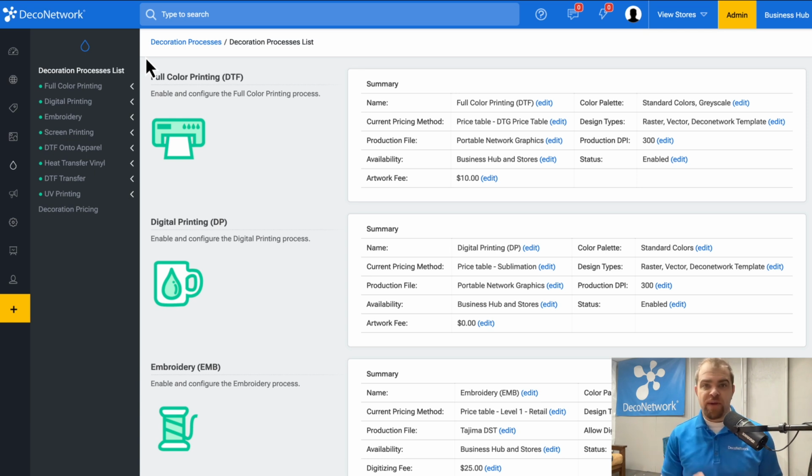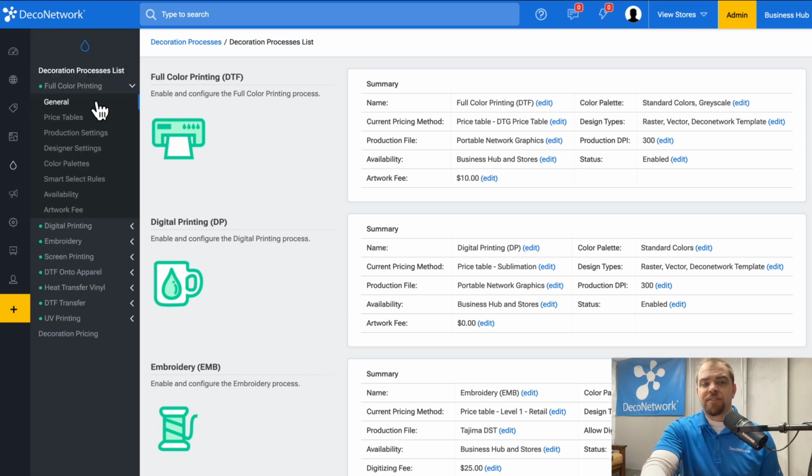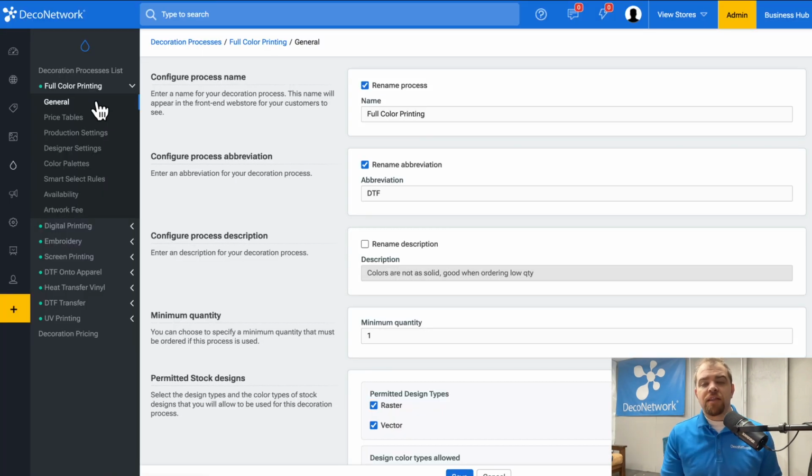For screen printing, we count colors. For embroidery, we count stitches. For most digital processes, we look at the size of the print. So, within the admin decoration processes, this is where we can turn on or off any decoration process. If we go into a decoration process, the general settings, this is where we can set the minimum, what type